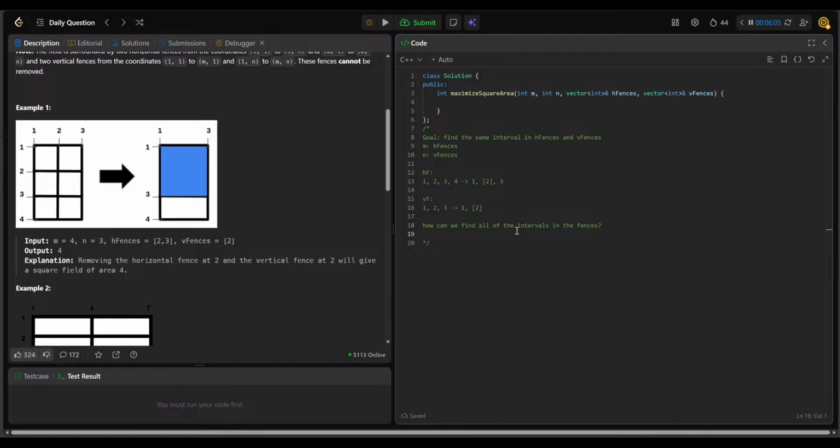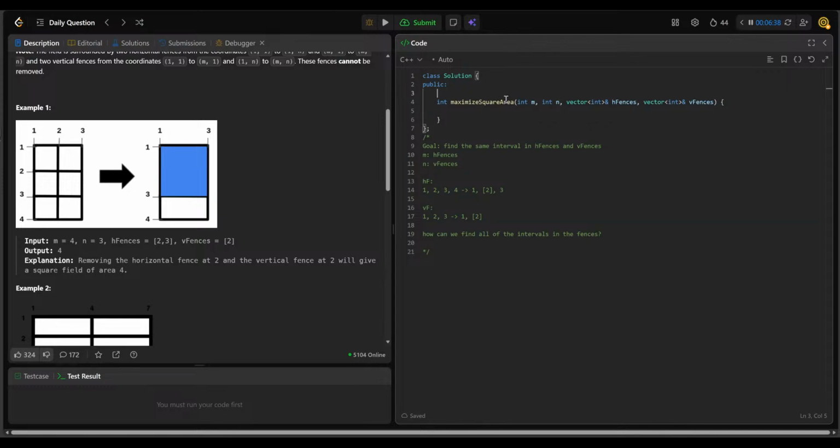A pretty straightforward idea is we can just iterate from the start 1 to 4 using a square loop. Yes. Then we can build all of the intervals here. Yes, I think that is a good approach. Okay, so in this case,